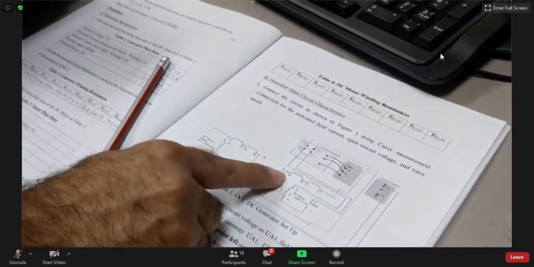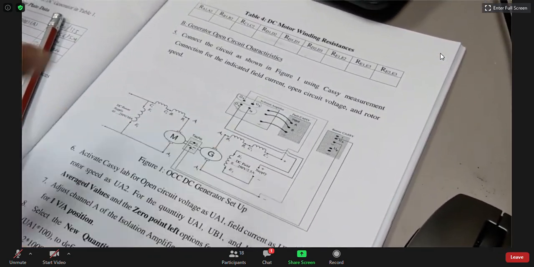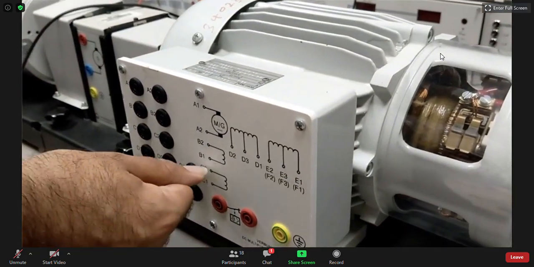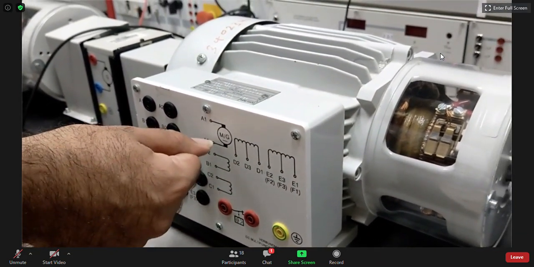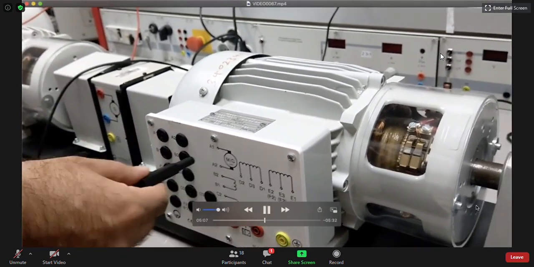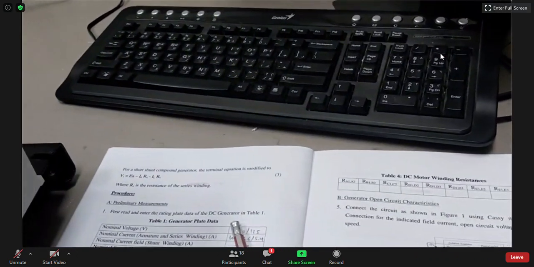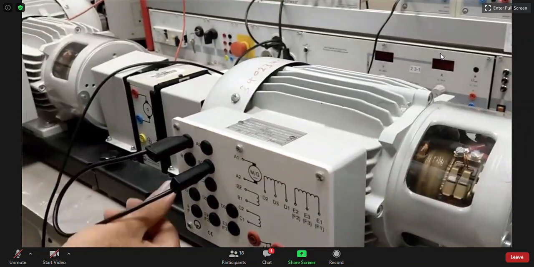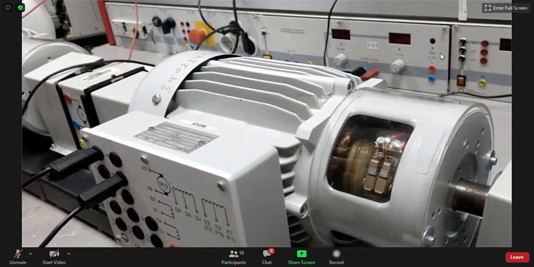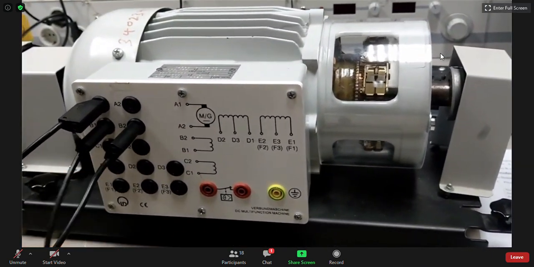A1 will go to B2, B1 to C2. How we will do this? We can understand this from this diagram here. From this diagram here, you know that these are the armature winding, and this is representing the brushes here, or the terminals here. So A1 will go to B2, and then from B1 supposed to go to C2, isn't it? B1 supposed to go to C2. So this is B1 is going to C2,